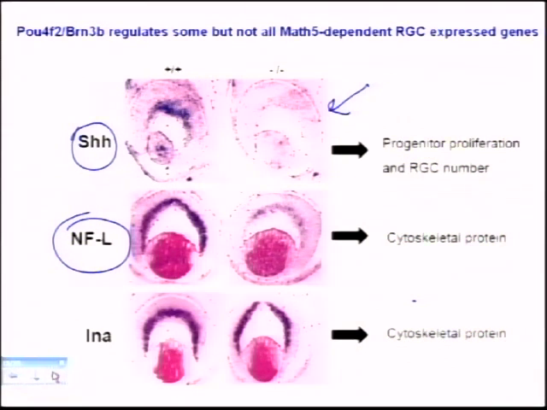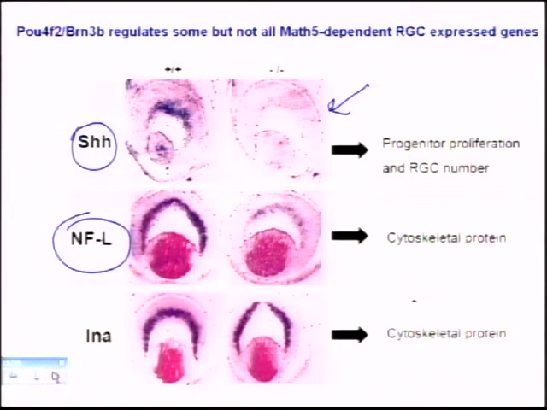But Brn3b doesn't control all the genes that are associated with differentiated ganglion cells. So here's another neurofilament, or cytoskeletal protein, called internexin alpha. And internexin alpha, no problem. You take away Brn3b and you still see expression. So the take-home lesson here, and I'm going to talk about this extensively in the next few minutes, is that Brn3b controls some but not all elements of retinal ganglion cell differentiation.